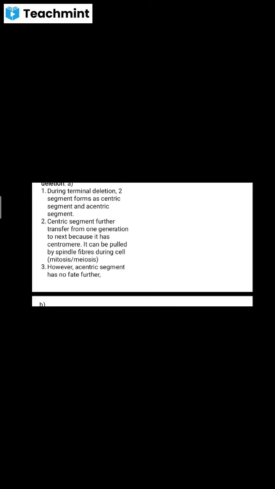So this centric segment will only move and transfer through the cell division, जहाँ पे सेल डिवीजन में हमने देखा माइटोसिस मियोसिस में स्पिंडल फाइबर फॉर्म होने के बाद क्रोमोसोम अपोजिट पोल की तरफ मूव होते हैं, तो यहाँ पे सेंट्रोमियर यदि क्रोमोसोम में प्रेजेंट है तब उनका सेपरेशन होके वो अपोजिट पोल में मूव हो सकते हैं। So this centric segment can only carry the genetic information, मतलब they can only duplicate. The other segment will not be duplicated.